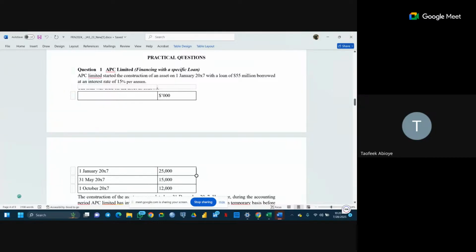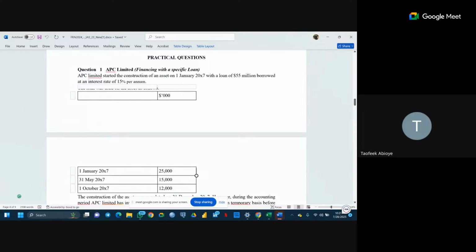So they will calculate the 15% per annum. So if you had an agreement to be paying it on monthly basis, you are going to divide it by 12, and you'll be remitting it as at when due, at the end of each month. And if you have to pay it in a lump sum, you are going to pay it in a lump sum. So what I'm trying to explain here is that don't confuse yourself with the months that they make use of the fund as they break it down here. What you need to consider is, what is the source of the fund?